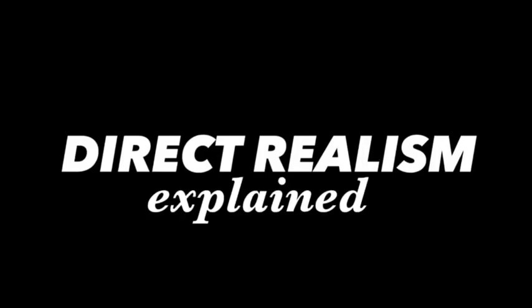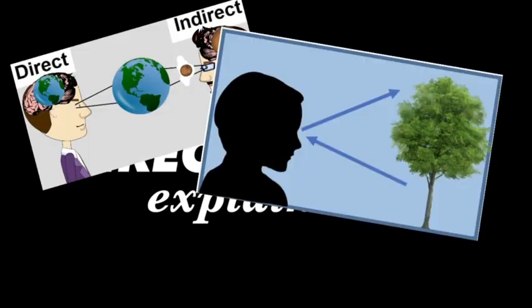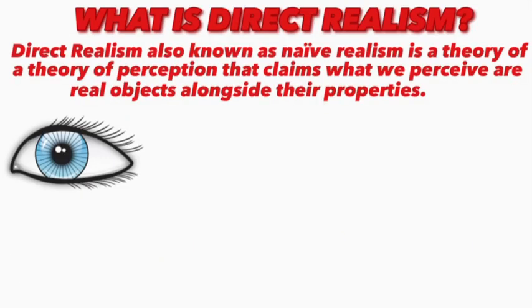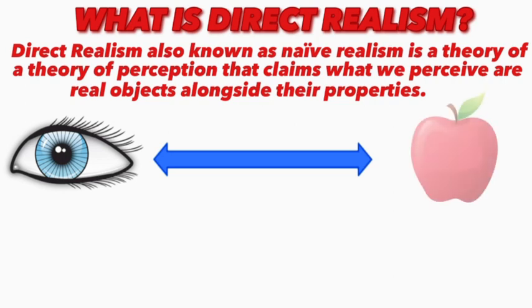Direct realism. Explained. Direct realism is a theory of perception that claims what we perceive are real objects alongside their properties. Essentially, direct realists believe what we experience through the world is accurate, whether that be an apple,